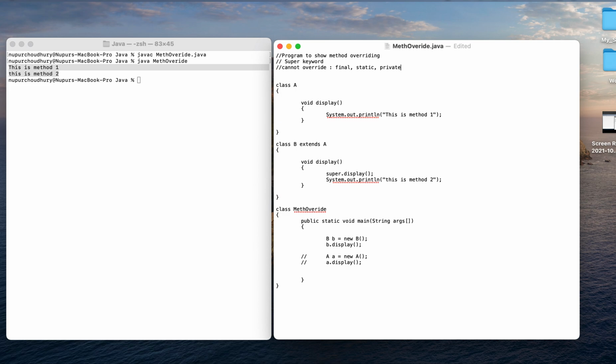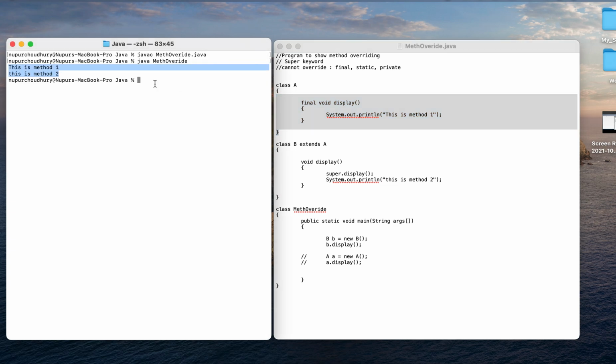So whenever a method is final, static, or private, we will not be able to override that particular method. So let us see this. Suppose I have introduced the final keyword in the parent class method here. Okay, so now let me save and compile this first, and let us see what we get.